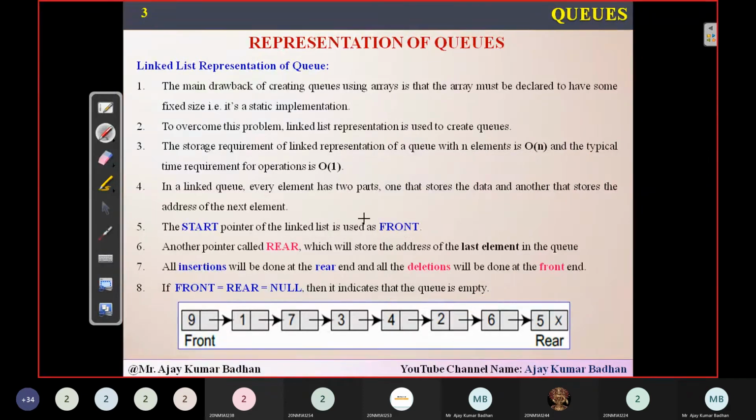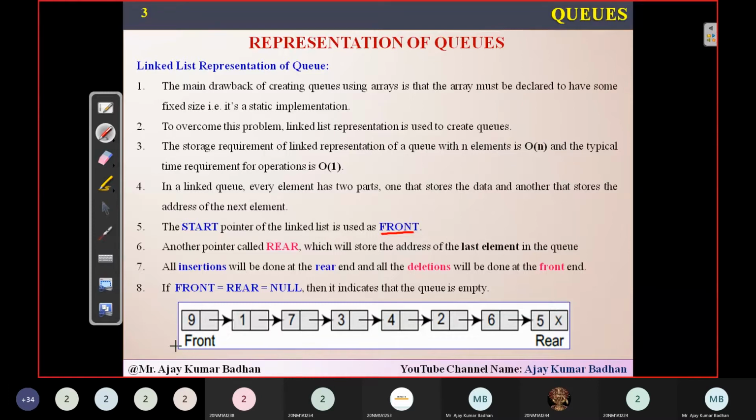Now, the remaining portion is similar to what we have discussed about queues with respect to arrays. In a linked list, you know that there will be a start pointer, and this refers to the first element present here. Here, this start pointer in the linked list will be represented using front.